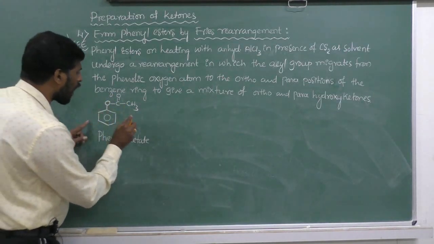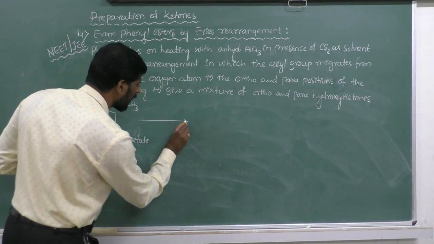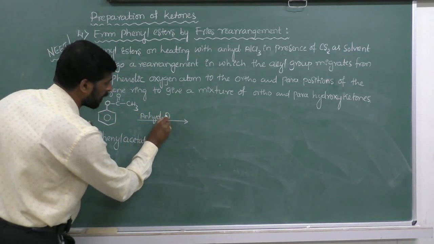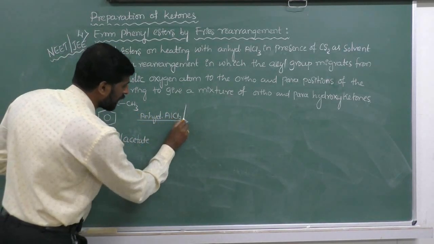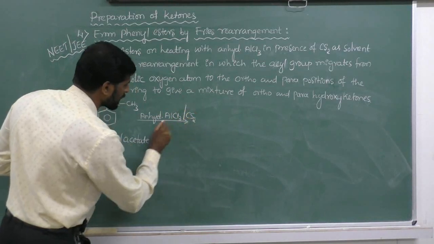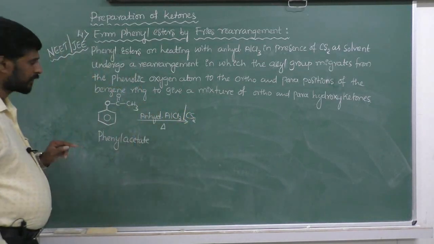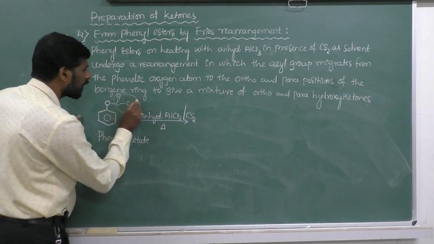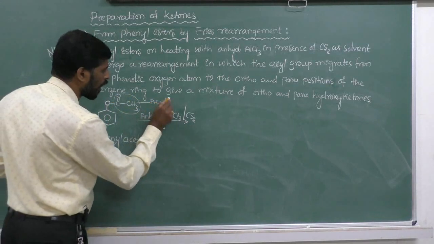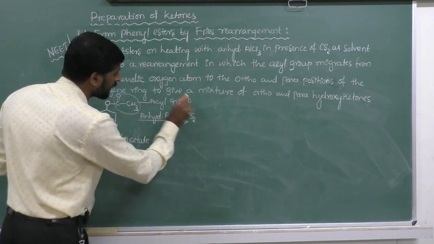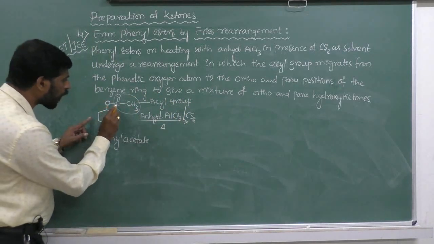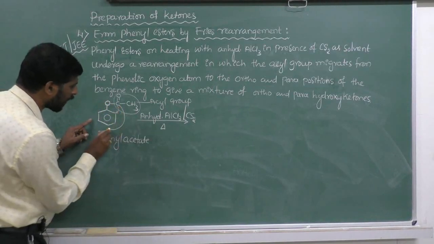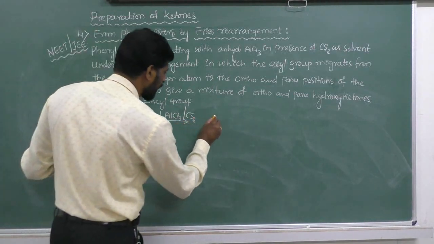Now this on heating with anhydrous aluminum chloride in the presence of carbon disulfide as a solvent, this entire acyl group migrates from the phenolic oxygen to either here or here. That leads to the formation of